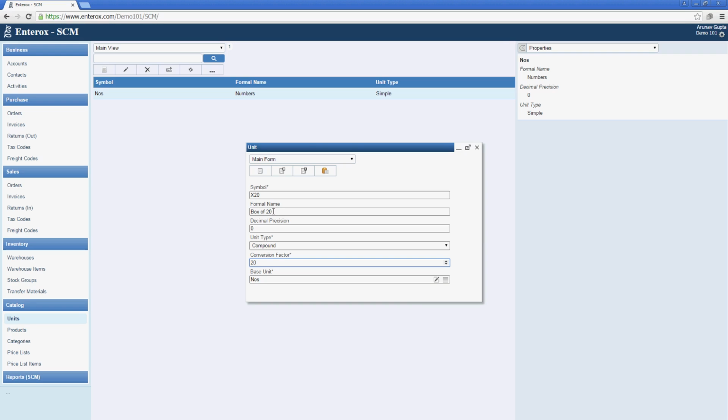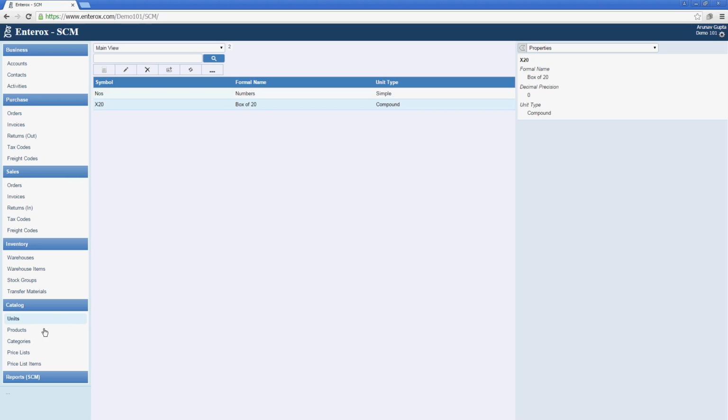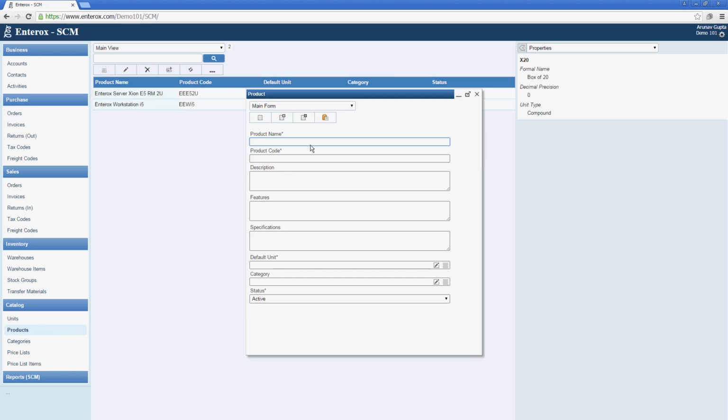Similarly, if I'm retailing items in dozen, I might set up the conversion factor as 12 with numbers and set the symbol as dozen, but we'll do it as a box of 20 for now. So let's go to products now. Let's create a new product. Now there are IoT devices and sensors and actuators that we sell in boxes of 20. The one that is popular is Enterox electronic